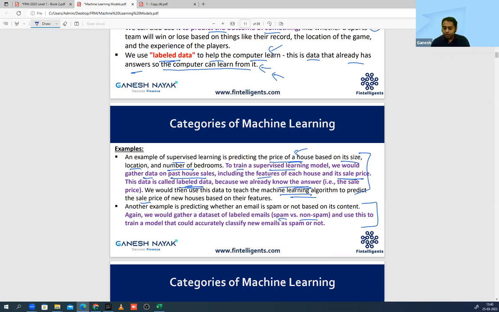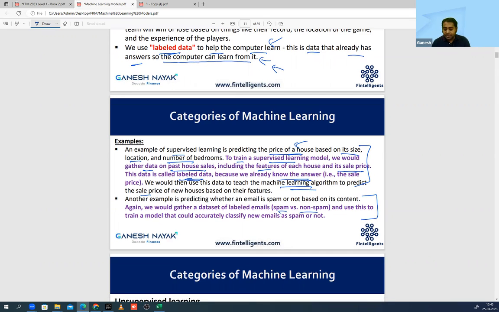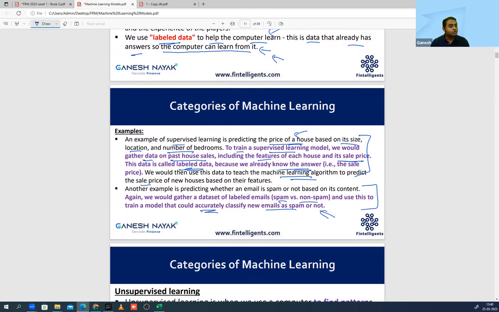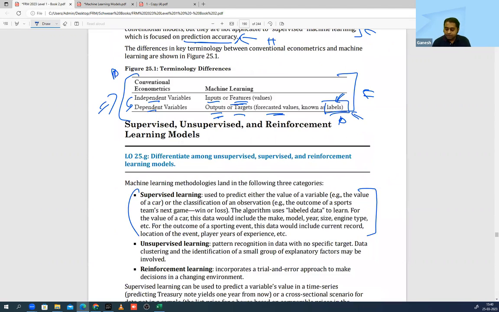Next. Suppose I want to bifurcate between spam or no spam. I will have to give the historical data to the model with all the features, the mail's size, with attachment, whom it is coming from, and all of that. And I will also tell the model that this is spam and this is not spam. I will give the answer also in the historical data. Is this clear? That is labeled data. On the basis of that, the model will be able to classify whether it is spam or not. This is your supervised learning. I'll take a pause. I'll ask you to read this. The important word is this, labeled. Read the first paragraph.